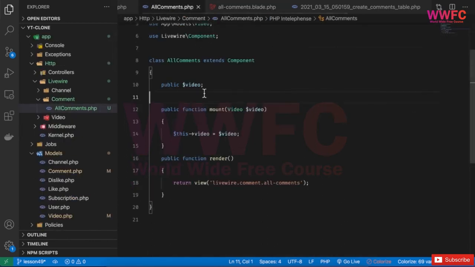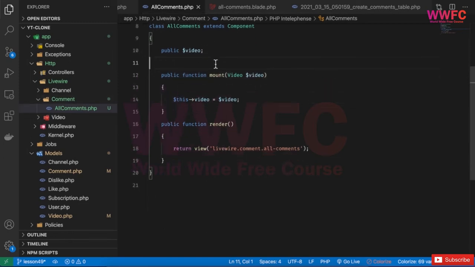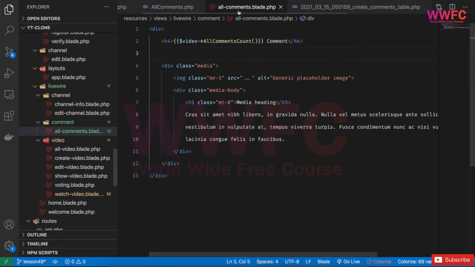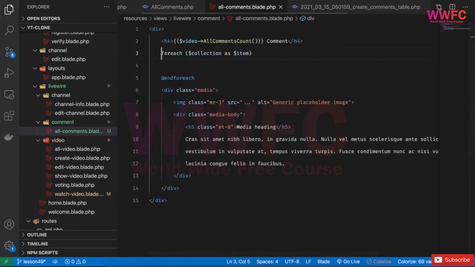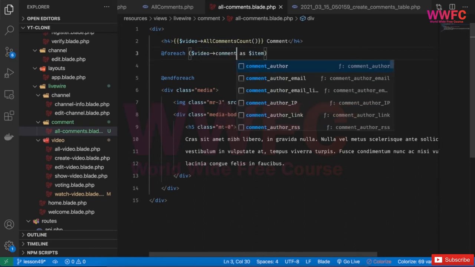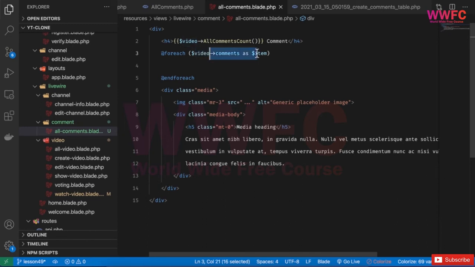So in my comments Livewire component, I can either loop directly or I can send it through here, because there is a relationship in the video comments. So let me try foreach comments or video slash comments, because there's a relationship, as comment,